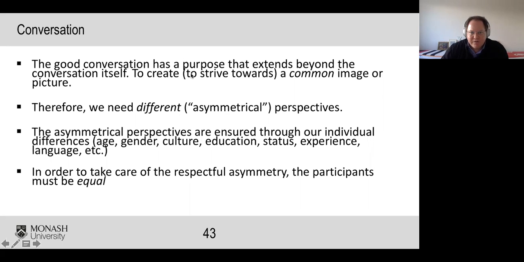So the good conversation has a purpose that extends beyond the conversation itself. So in a conversation, you strive towards a common image or picture, very similar to the dialogue. But then, therefore, we need different asymmetrical perspectives. Because there is an intent as well to bridge beyond maybe hierarchy, or that's my next one. So to bridge the asymmetrical perspectives, which may be there, the individual differences through age, gender, culture, education, status,